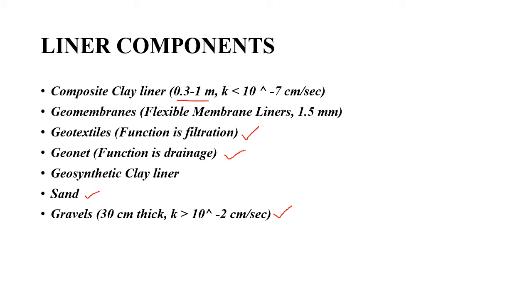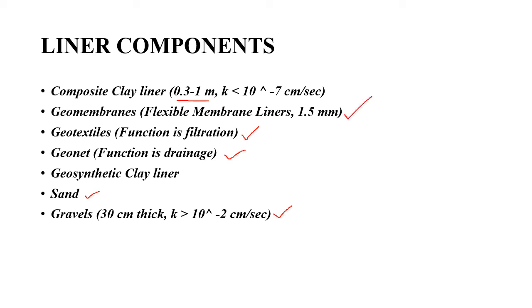Okay, and the permeability factor is very important because you don't want the permeability to be high. You want to keep the permeability to be less than 10 raised to minus 7 centimeter per second. Okay, this is the requirement if you are using a clay material as the liner system. And one of the issues, since this is a natural material and it's a clay type of soil, it will definitely be susceptible to changes in the freeze thawing cycle. Okay, but this can be overcome by using equivalent